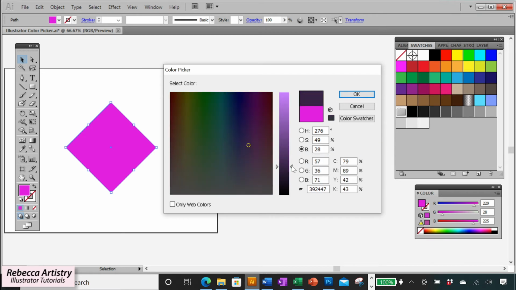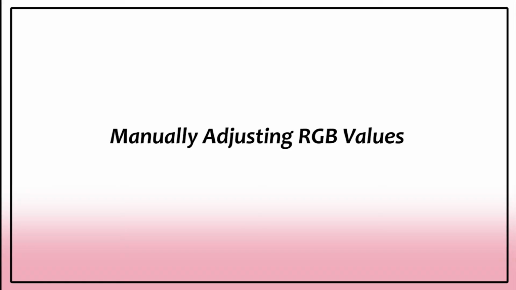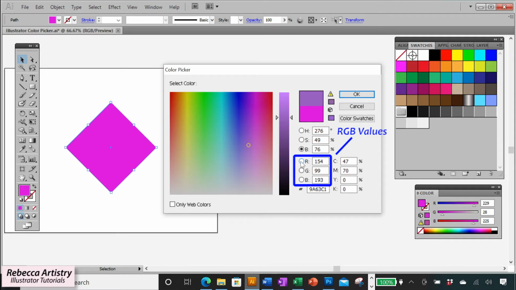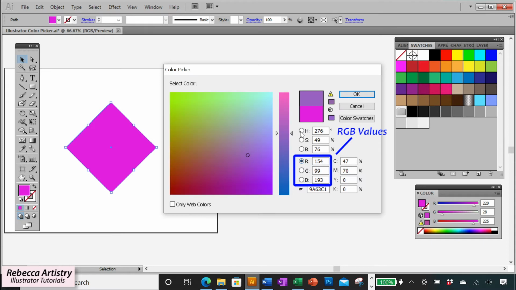So a lot of people don't know that they can play with these options and get very specific about not just the actual color that they're choosing, but also the amount of saturation that they have in the color and the brightness that they have in the color. And you can get even more specific than that and use actual RGB values. As you can see here, I can change the amount of red that's in my color. I can add more red by sliding it up, or I can reduce the amount of red by sliding it down, or I can add more green by sliding up and less green by sliding down. And I can add more blue by sliding up. You'll see how blue that's getting.